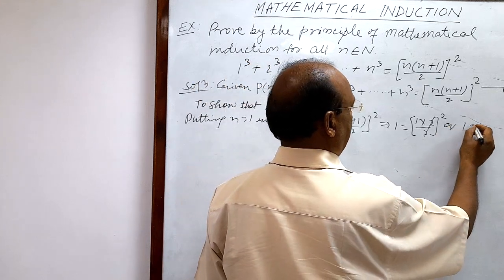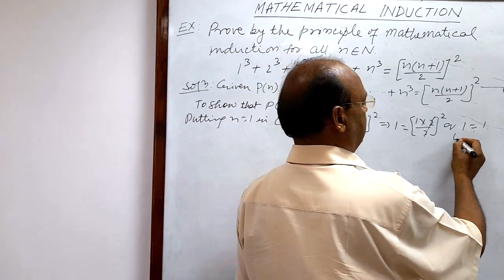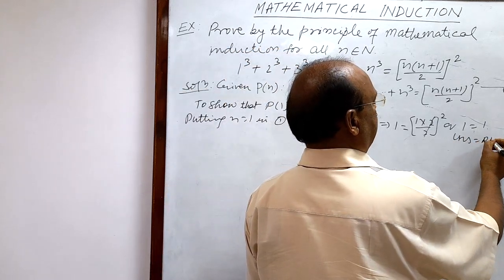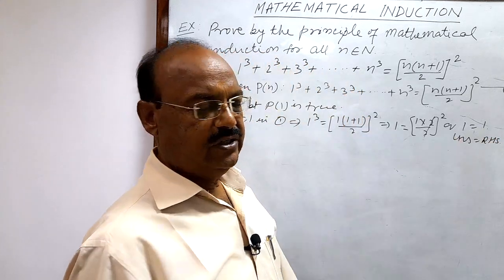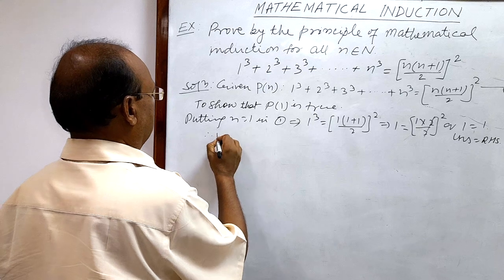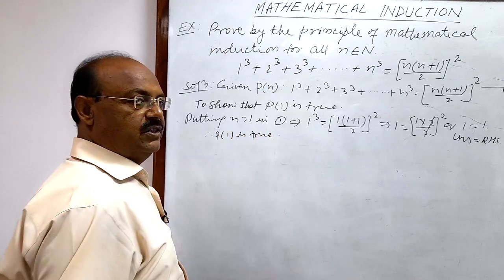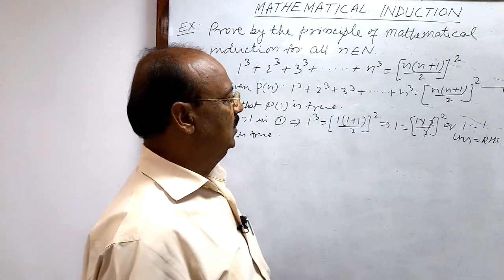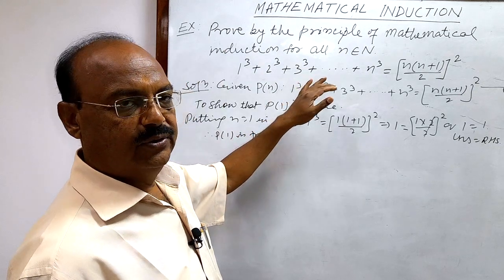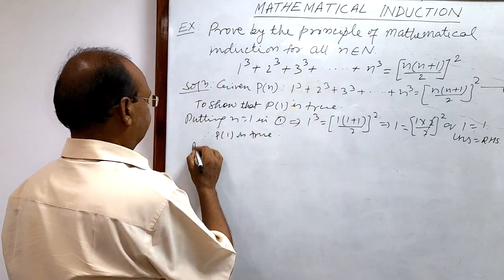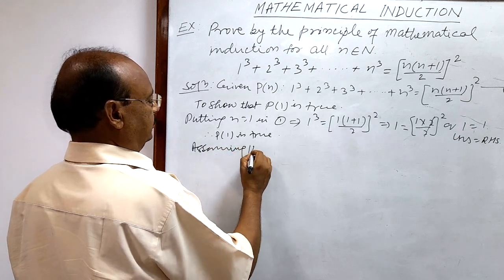So we are getting here 1 is equal to 1. So LHS is equal to RHS. Here LHS is equal to RHS. So it shows that P1 is true. Therefore P1 is true. Now the second step, we will assume that this given statement is true for n is equal to r. So assuming that